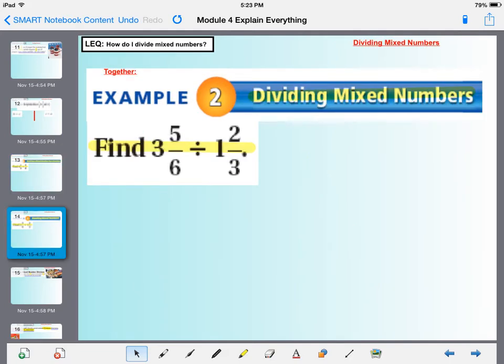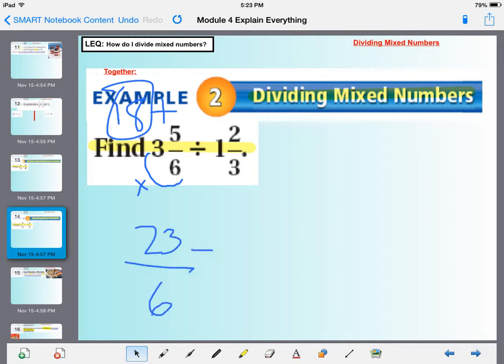Okay, so what happens when we have to divide mixed numbers and they are both mixed numbers? That's very simple. We will just do the circle dance on both of them and we can find the improper fraction for both. So we take the denominator, multiply it by the whole number. 6 times 3 is 18 plus 5 is going to be